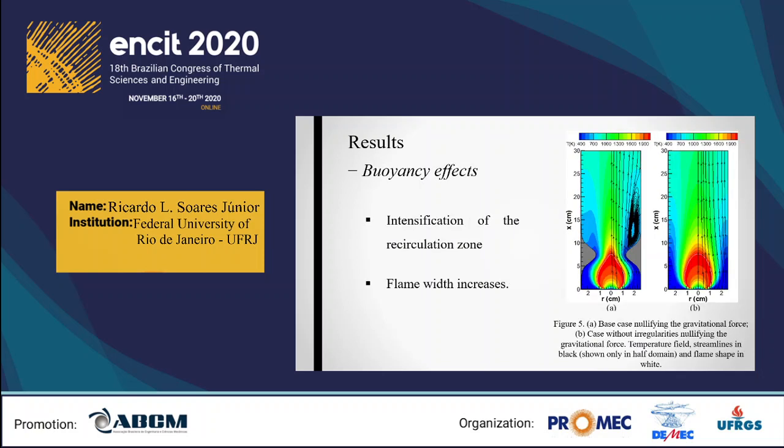In order to evaluate the buoyancy effects on the flame and flow field parameters shown in Figure 5, zero gravity acceleration simulations were conducted for the cases shown in Figure 3. Gravitational effects are responsible for the entry of cold external air near the solid wall, generating or intensifying recirculation zones, a characteristic that can be observed comparing Figure 3b with Figure 5b. Thus, in the absence of gravitational effects, the overventilated flame width increases for the H-referred case with and without irregularity, as shown in Figure 5.